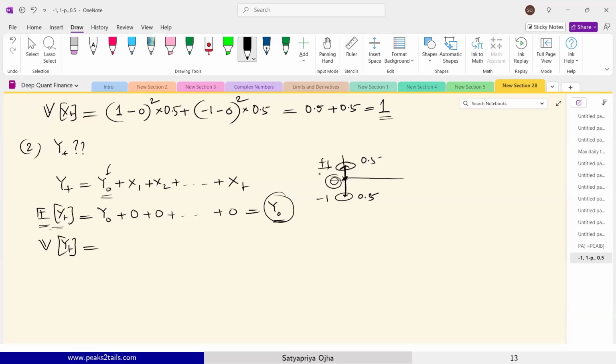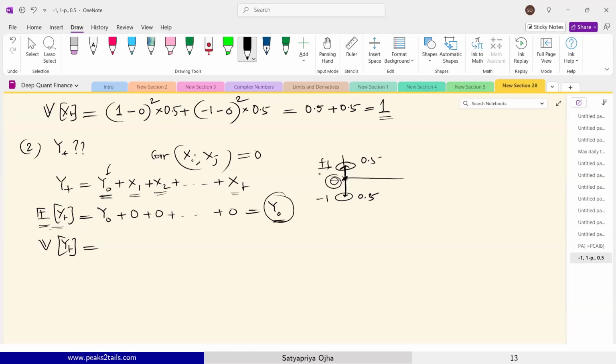Okay. Now, question is, are all of these independent? Y0, first and foremost, variance of Y0 is zero, because Y0 is a constant, not an issue. So the random variables are all of these guys, x1, x2, x3 up to xt. What are the correlations between any xi and xj? Is the correlation zero? Yes, because they are IID. Identical is not the thing. Independent is the thing, because they are independent of each other. Increments are all independent. So correlation is zero.